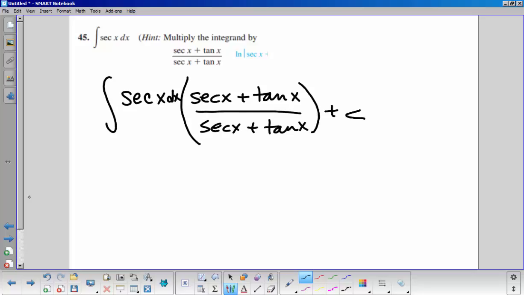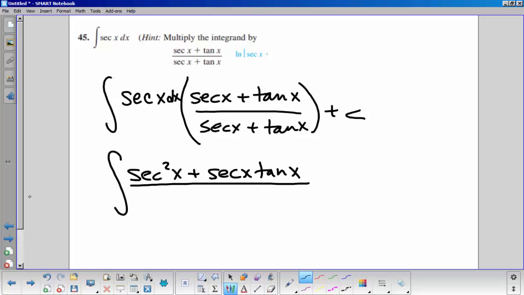So when we do that, we create a du in the numerator by getting secant squared x plus secant x tan x, because both of these are somebody's derivative. And whose derivative are they? The functions in the denominator. So this is secant x plus tan x